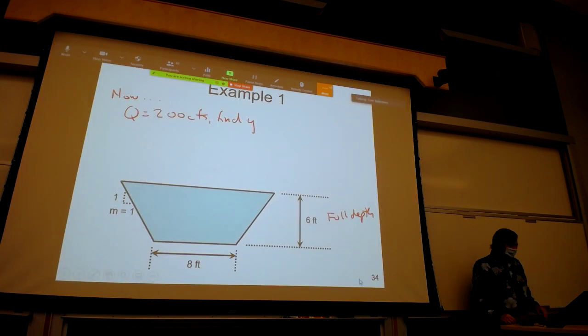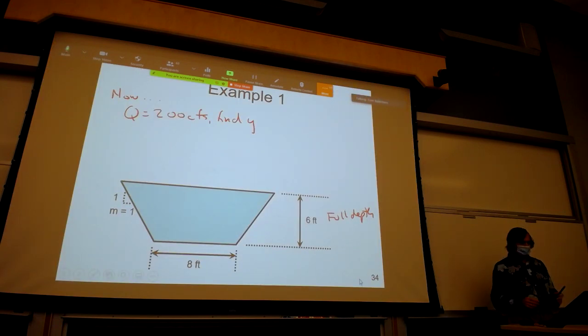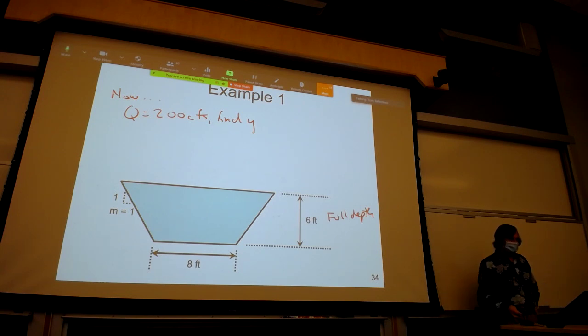Okay? Okay, so in this case, we know the full cross-section from the last problem can handle 576 cubic